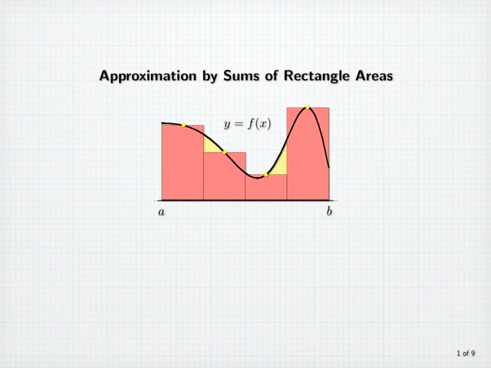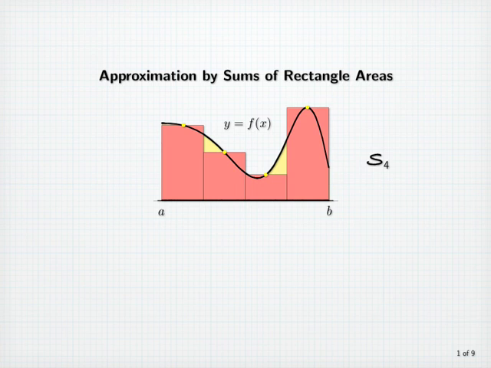Here's an approximation to the region consisting of 4 rectangles. Each rectangle here has width b minus a divided by 4, and the height of each rectangle is equal to a value of the function for some x along the base of that rectangle. Since this approximation uses 4 rectangles, we'll use the symbol s sub 4 to denote the sum of the areas